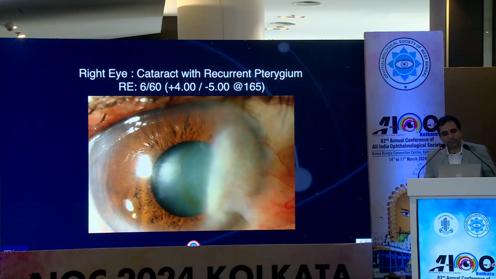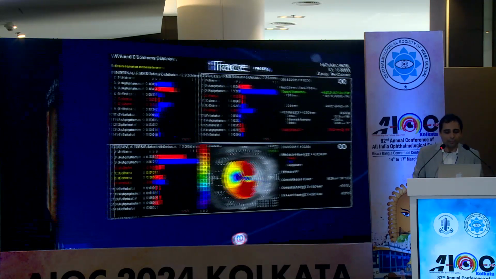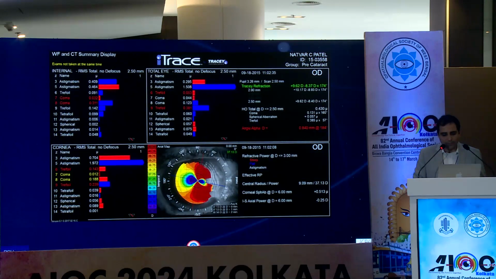This is an interesting patient, a patient with a thick vascularized recurrent pterygium, who absolutely refuses pterygium surgery. He is not interested in a repeat pterygium surgery, has a significant cataract and, as you can see, not a very well dilating pupil. And if you see, there are a lot of irregular aberrations coming from the cornea due